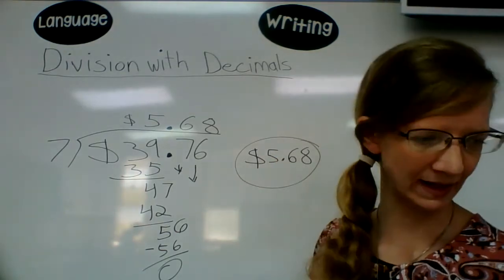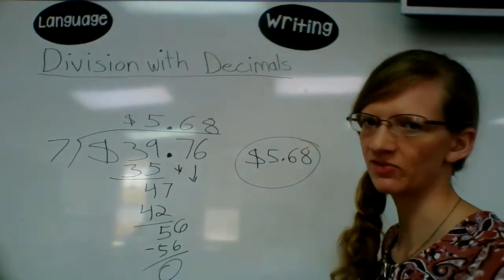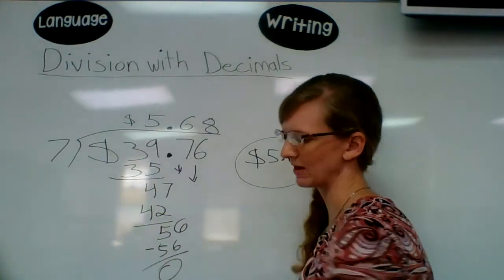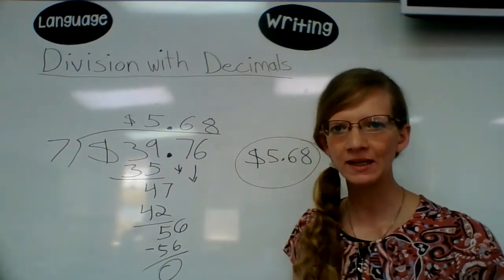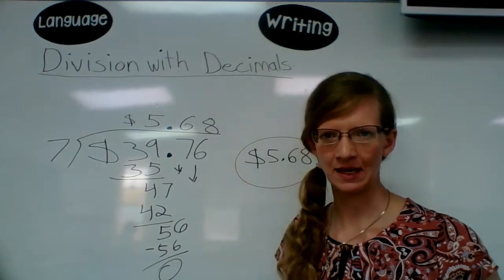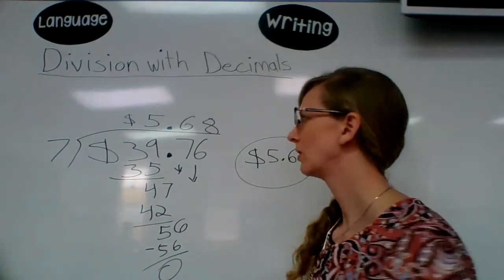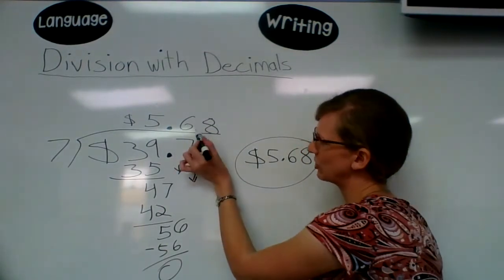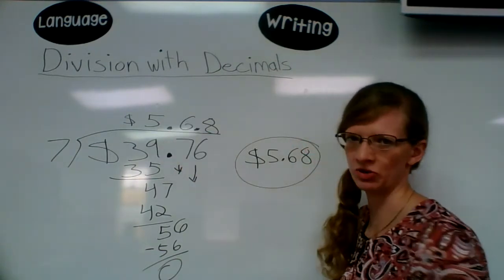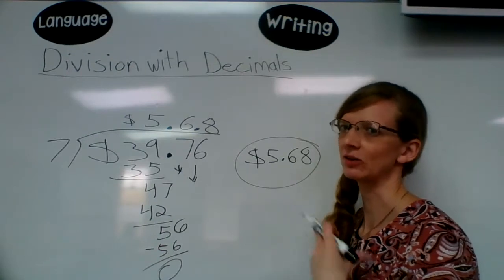$5.68, okay? If you're dividing it 7 ways, each person gets $5.68. Don't forget, again, your dollar sign and your decimal point. It's very important. If you don't put it in the correct place, then you are going to make a mistake, and it's going to be wrong. If I had moved my decimal point and just put it over here, that means I have $56,